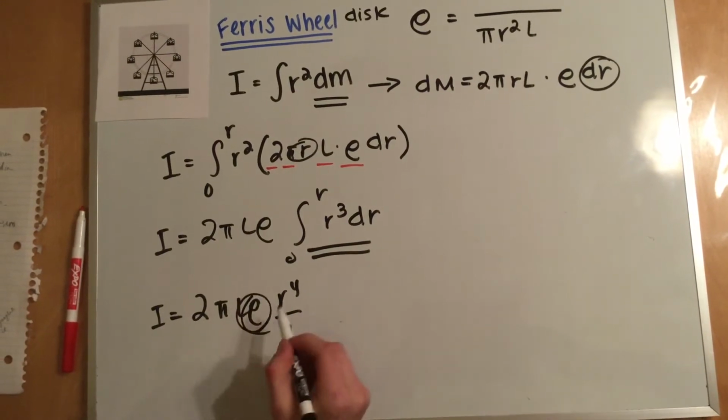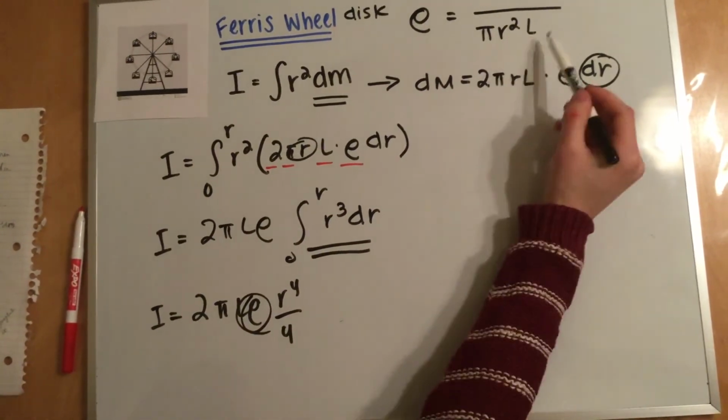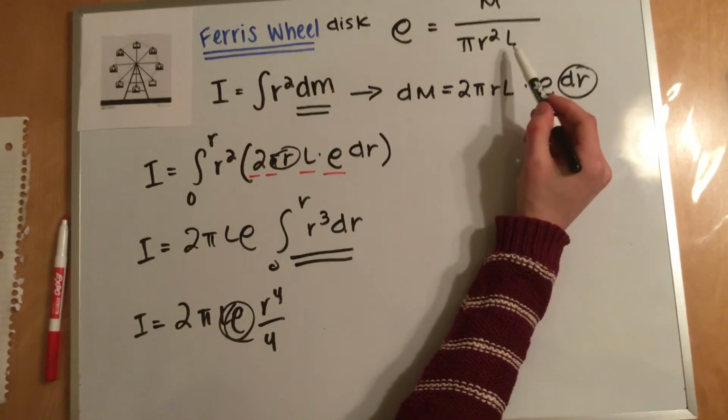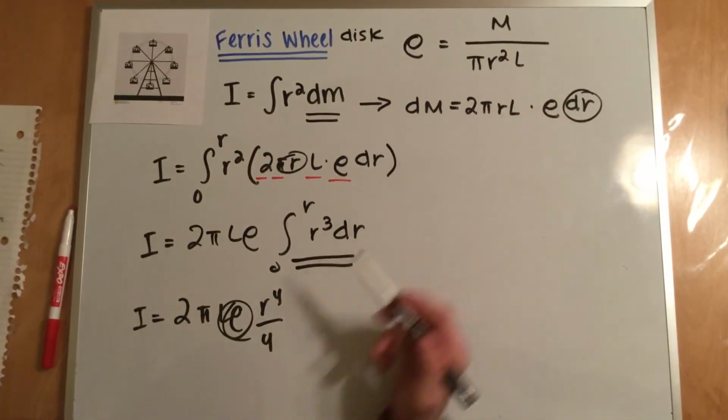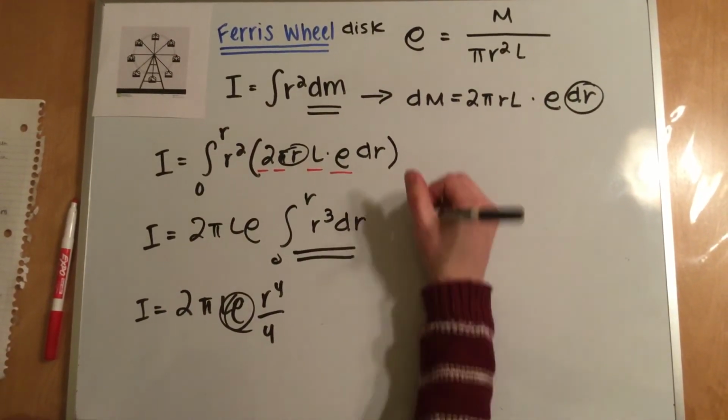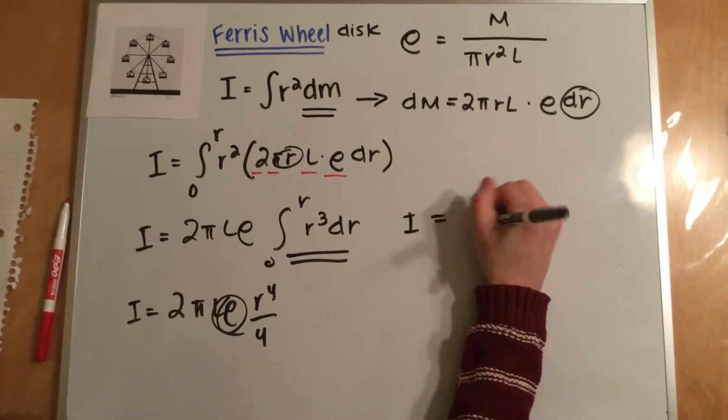Now, you say, what's rho? And rho, I also define that for you as m over pi r squared times l, which is the mass over the volume of a disk. So, once you plug that back in,